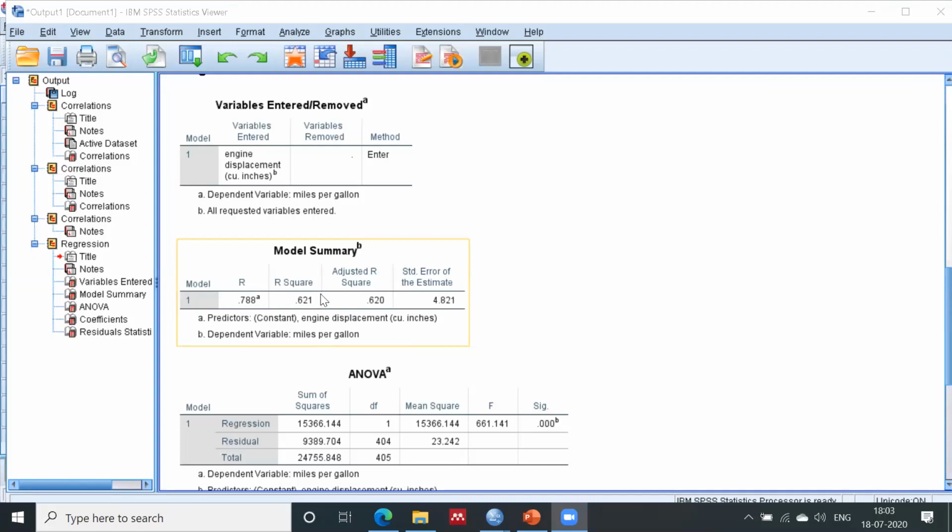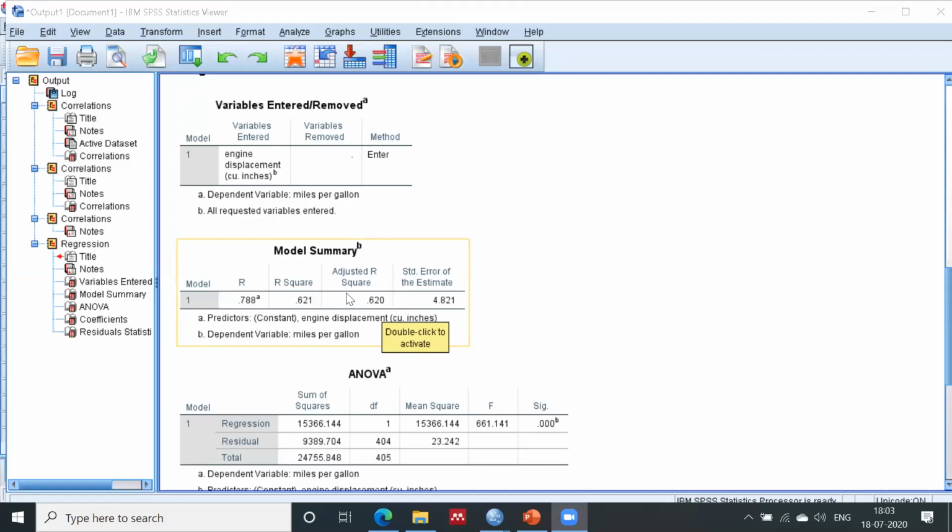We generally take the adjusted R square because adjusted R square helps you to predict the next value, right? And I was talking about the regression tendency. If we increase the predictor, R square increases.